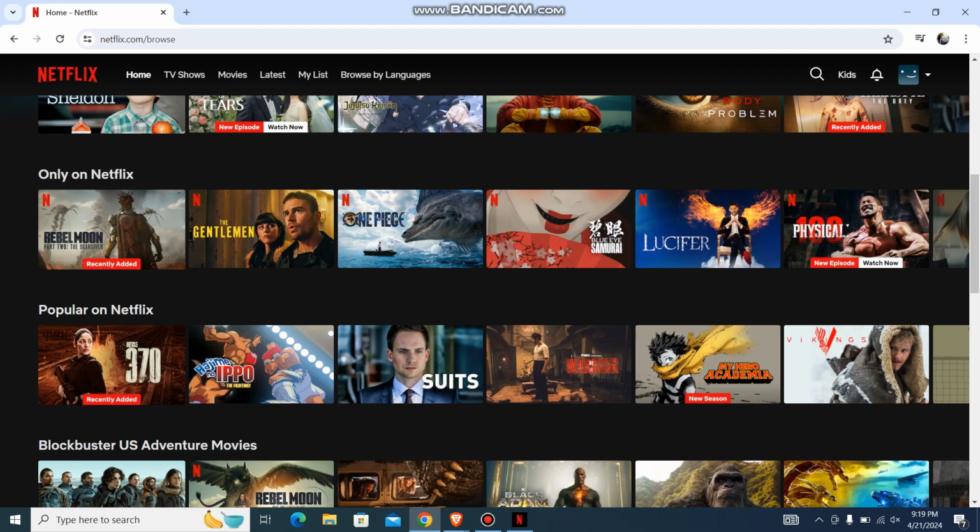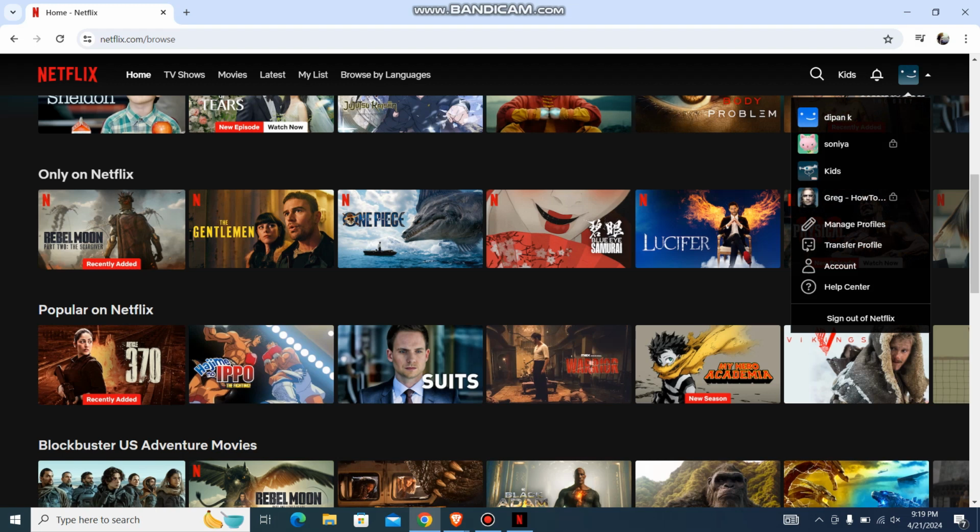So firstly, what you need to do is just go to your Netflix app or Netflix website, and then log in with your account, and then go to the profile that you use, and you'll be over here like this. From here, just go to your top right corner, you'll be having your profile option. Then from there, just go to account,